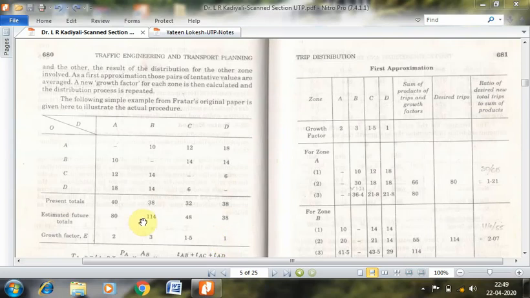In the denominator you will have the present total, and the numerator will consist of the estimated future total. So the ratio between these two will give you 2. Similarly, for the ratio between these two will give you 3, and then 1.5, and then 1. Okay, so once this is done,